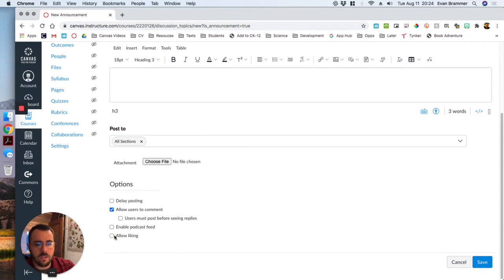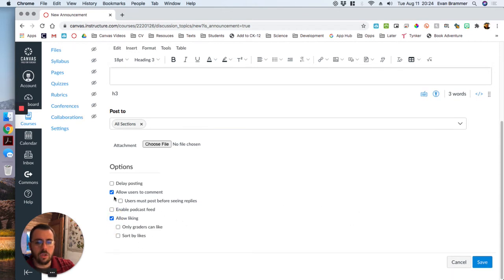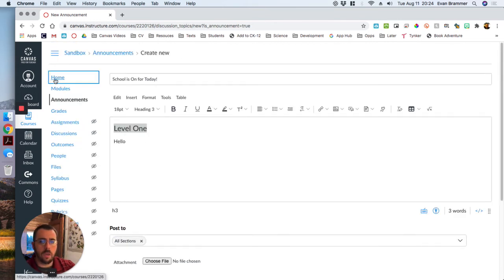And just like in discussions, you can hit allow liking, and then you can choose how you want to set that: only graders can like, or sort by likes. So all that's well and good. I want to go back out though, and I want to show you one more feature of the announcements, and that is